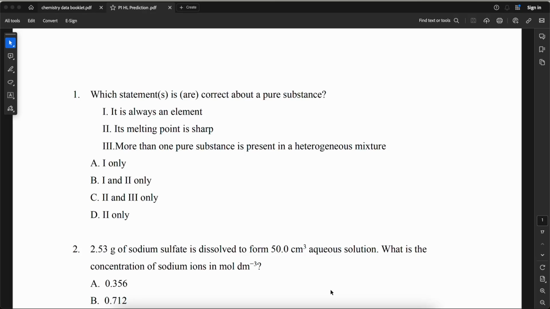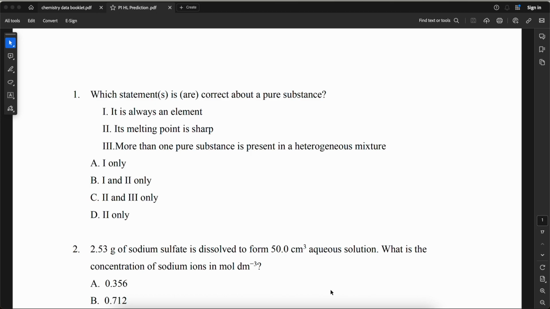Today I'm going to explain another example of paper 1 higher level IB chemistry. This would be the last example for this year for paper 1 higher level. It is not guaranteed 100% that this question will appear in the exam, but at least through 4 examples that I have been explaining so far